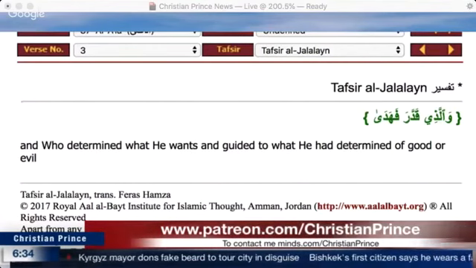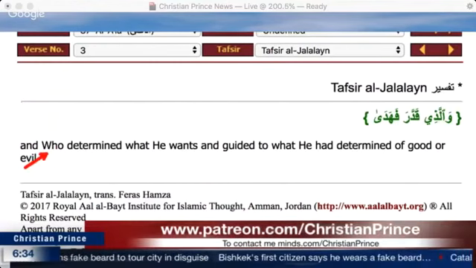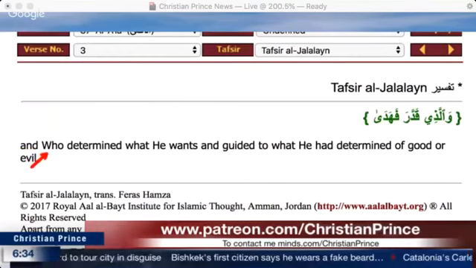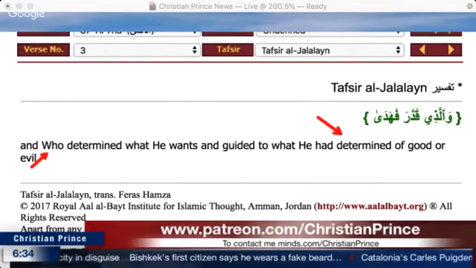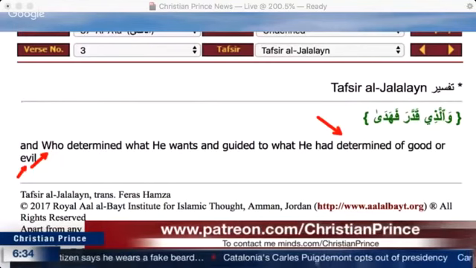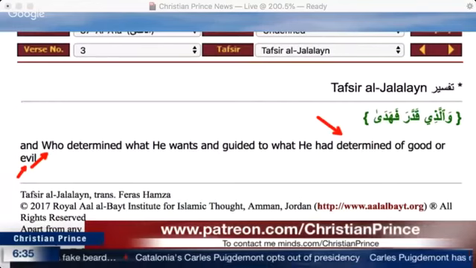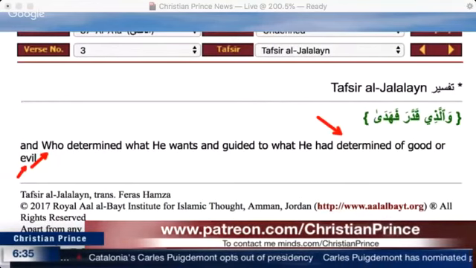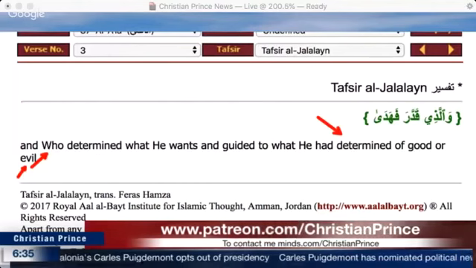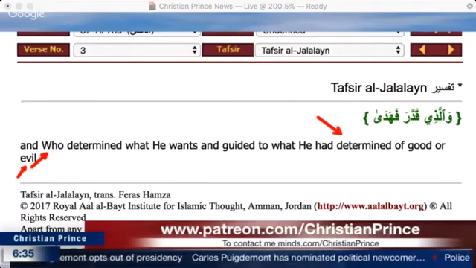Yes, the guidance could be anything. Guidance could be misleading. He determined already who He will guide and who is the one who will do good or evil. As you see, this is the Muslim interpretation. So what kind of religion is this? This God is going to punish me for something He determined, He decided. He wants to punish me for something that is not my choice. Then that means it doesn't make sense, and this is a stupid religion.